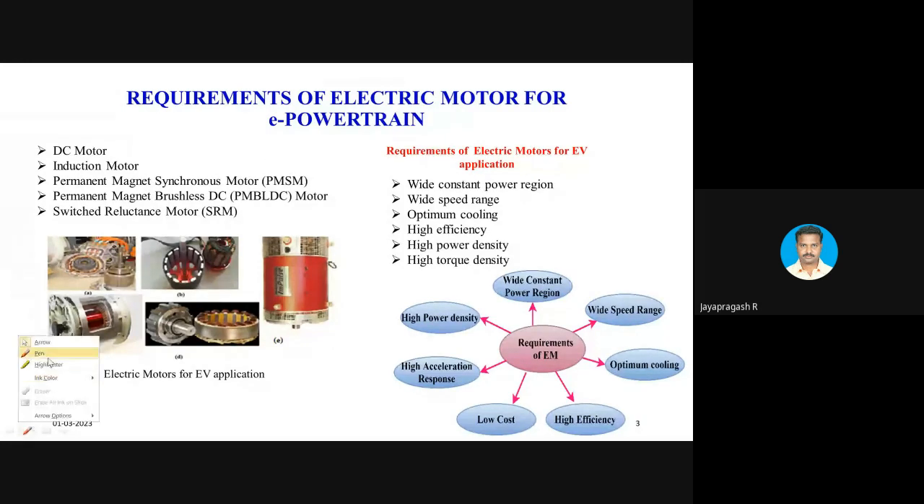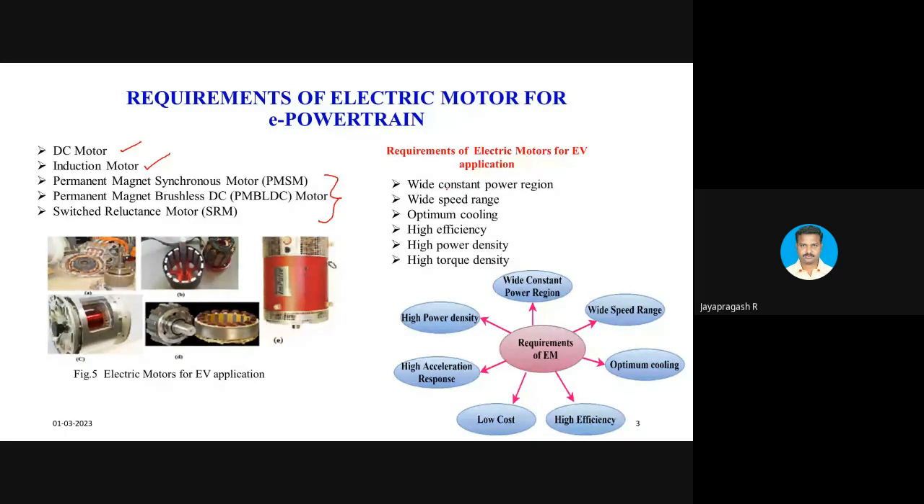We know that conventionally we use DC motors and induction motors, and these are the conventional machines. There are also many special electrical machines available in the market that we can use as the electric motor in the electric powertrain, such as the permanent magnet synchronous motor, abbreviated as PMSM, the permanent magnet brushless DC motor, PMBLDC motor, and the switched reluctance motor. These are the various electric motors available in the market. We can use them according to our requirement, which satisfies the requirement of an electric vehicle. And the requirements of an electric motor are, as we discussed,